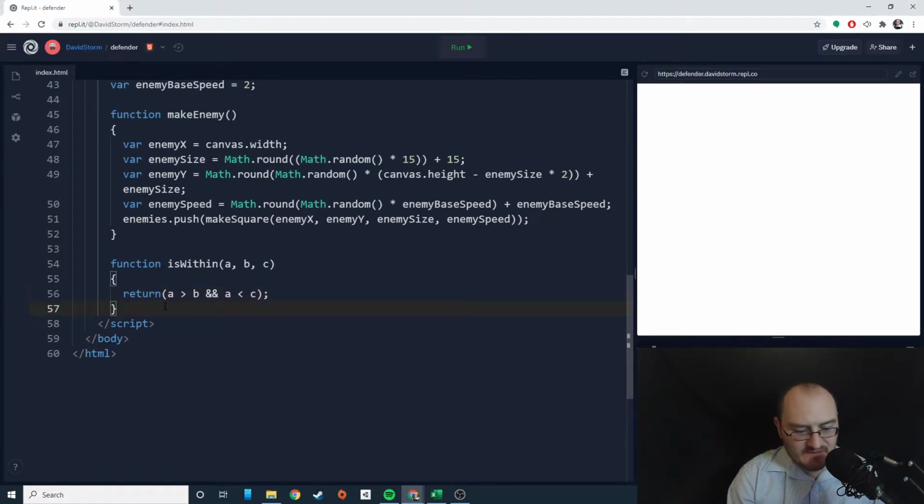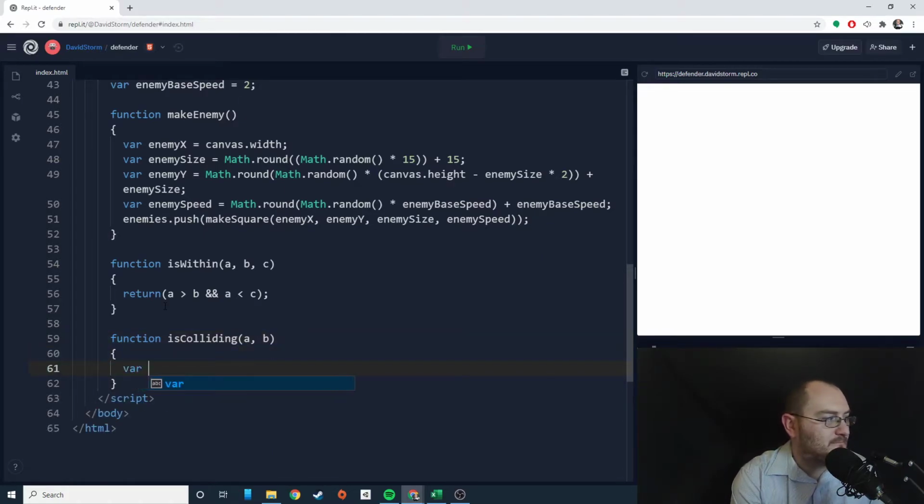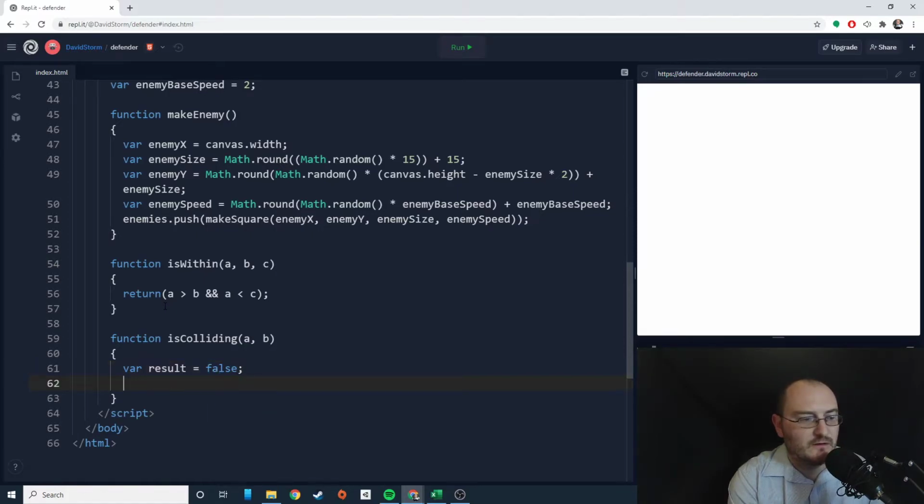Now we want to check to see if something is colliding. Function isColliding. We're going to pass in A and B there. The result we'll set equal to false. If isWithin A.x, B.x, B.x plus B.L, or isWithin